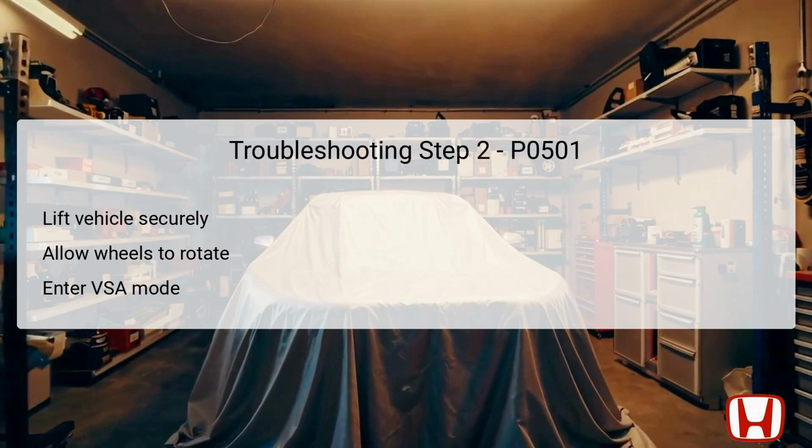This mode allows specific tests to assess the electronic systems without interference from other vehicle controls. With the vehicle now properly prepared for testing, the next steps will involve entering the data analysis phase to examine the real-time performance of the CVT speed sensor in relation to the measured speeds. Completing this procedure is essential to accurately diagnose any underlying issues related to DTC